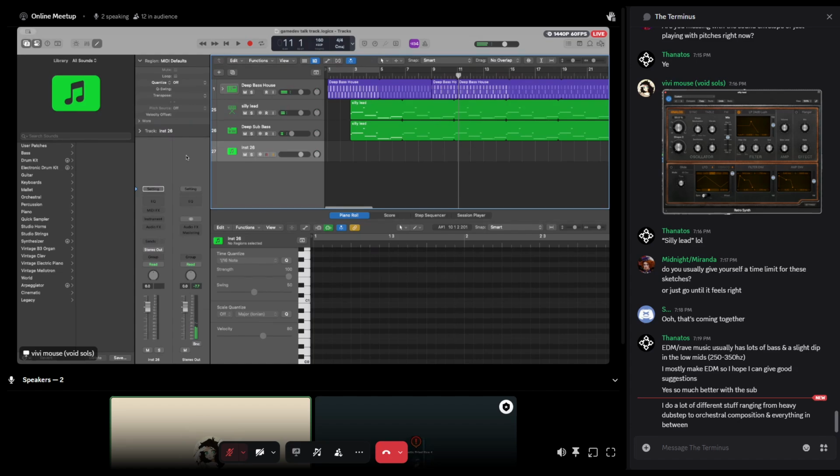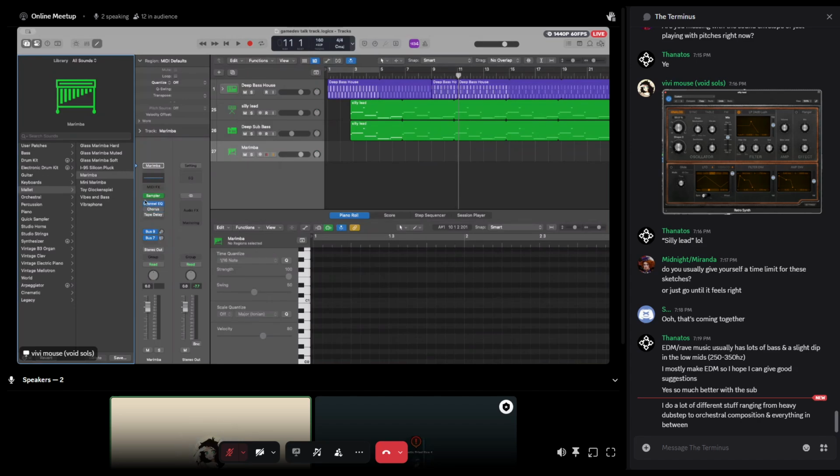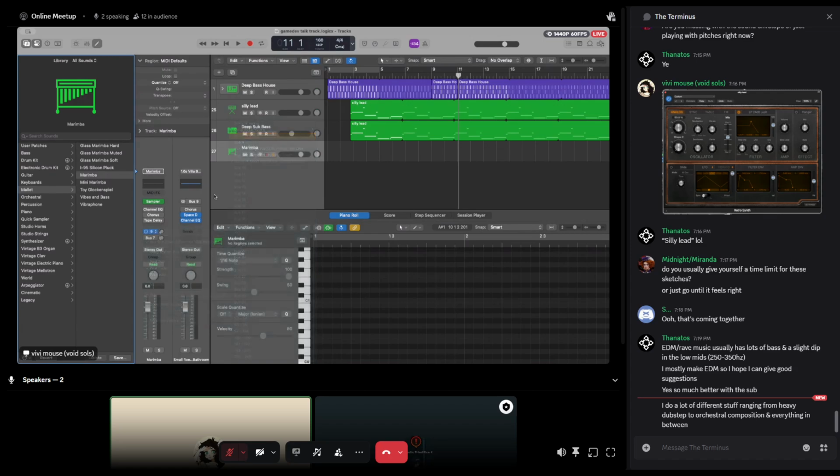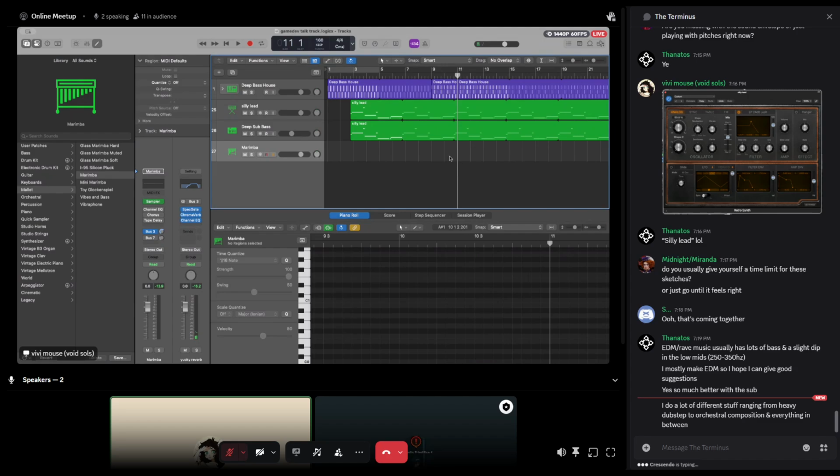I'm gonna add some marimba because that's what was requested. The marimba comes with really awful reverb delay that I really don't enjoy. So I'm gonna mess with it some, slash I'm gonna stick it on the same one that we were playing with a minute ago. And yeah, I feel like the low mids are pretty down in the... Yeah, that's the correct kind of vibe. That's the thing that I want.